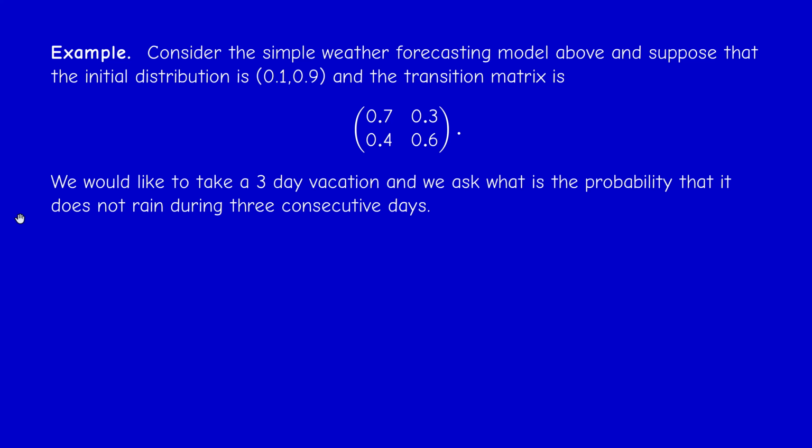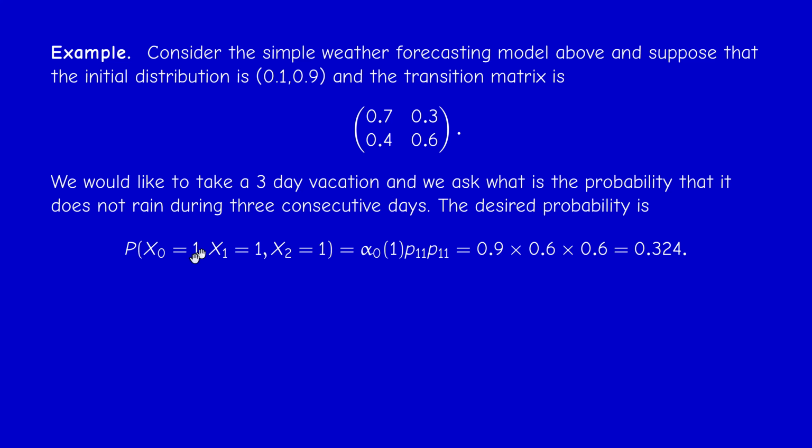First question: we would like to take a 3-day vacation, and you ask what is the probability that it does not rain during these 3 consecutive days. Okay, so we start at day 0. Rainy is state 0, not rainy is state 1. So we need to compute the probability of this path: not rainy today, not rainy tomorrow, not rainy the 3rd